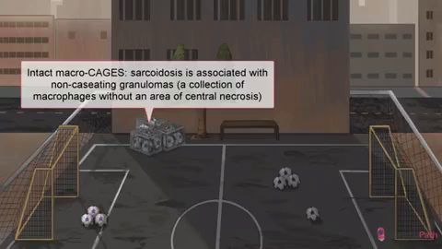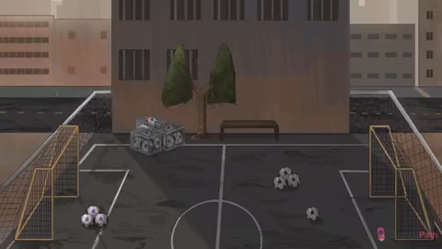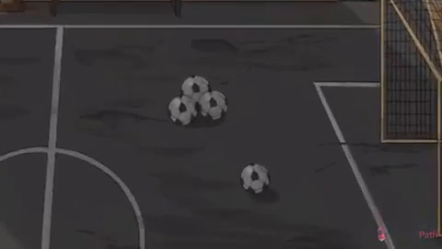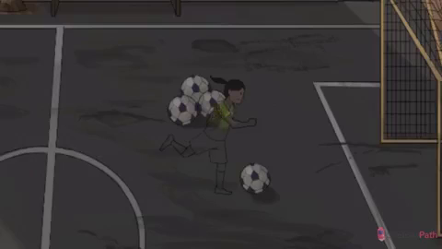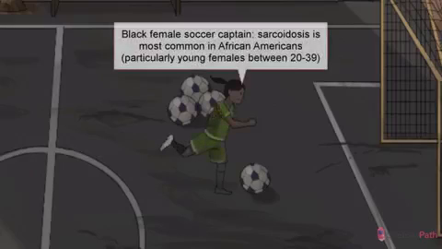Think back to those Sketchy micro videos for a second. Mycobacterium tuberculosis also causes granulomas in the lung, but those ones have that gross, cheese-like necrosis in the center. So broken down necrotic macrophages were represented by broken down cages. These cages are not broken. That means non-caseating. Sarcoidosis is actually a pretty common disorder, accounting for about 25% of chronic interstitial lung disease cases.